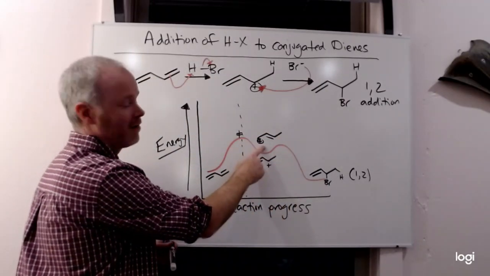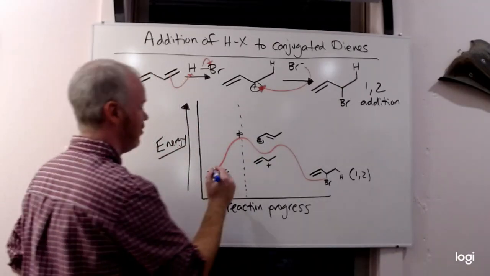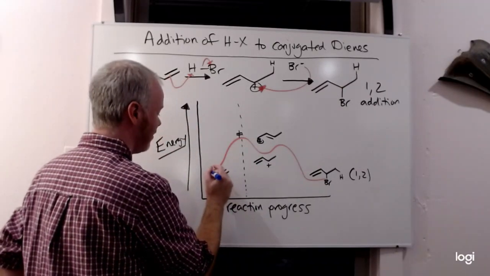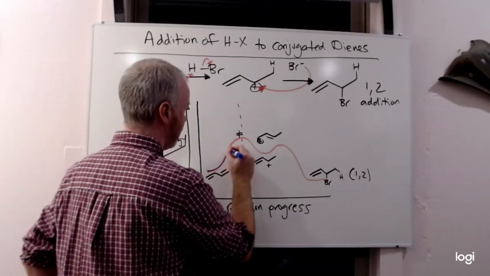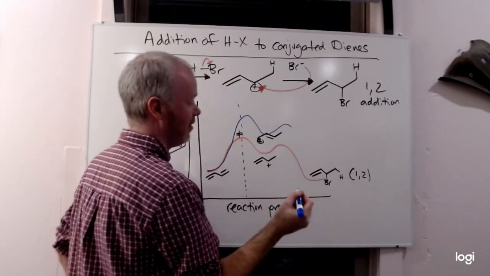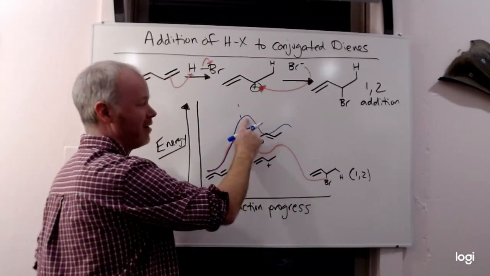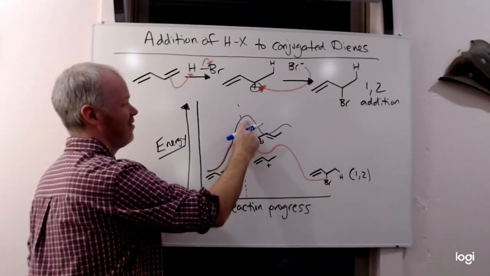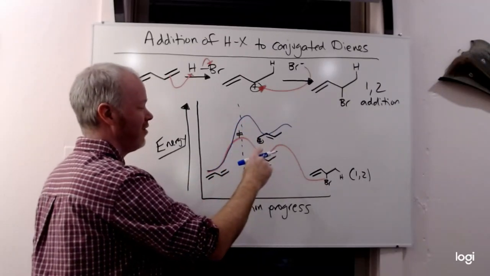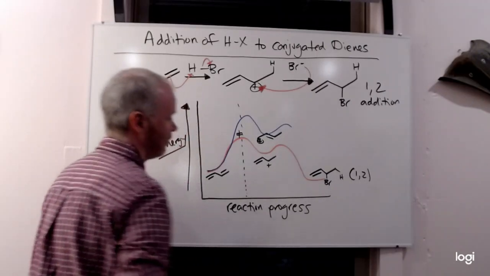So this primary carbocation can form. If we're doing the 1,4 addition, we start with the same reactants, but we have a less stable intermediate. So this is going to be slower, right? This is going to be slower to form, harder to make in general,